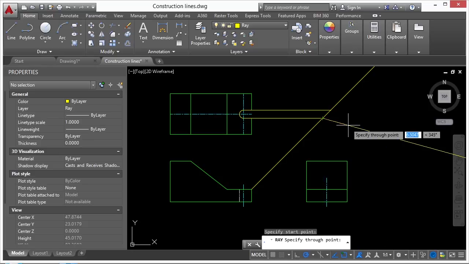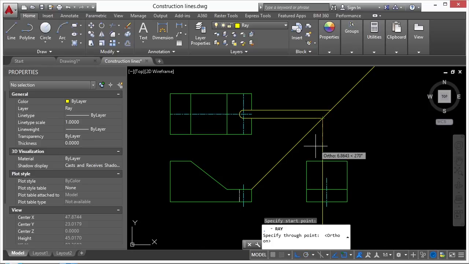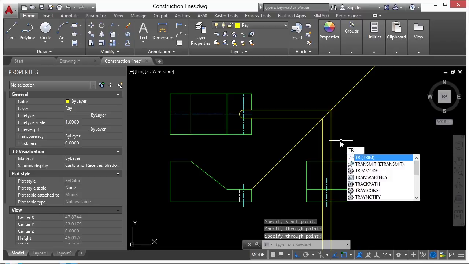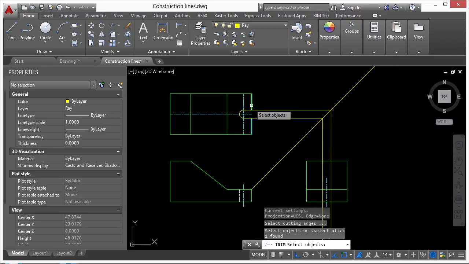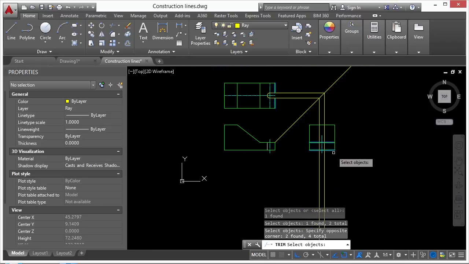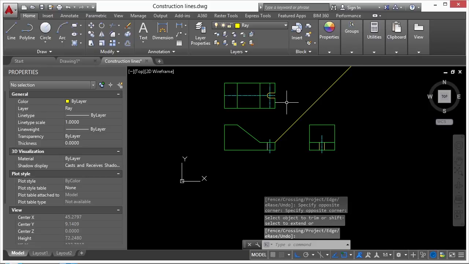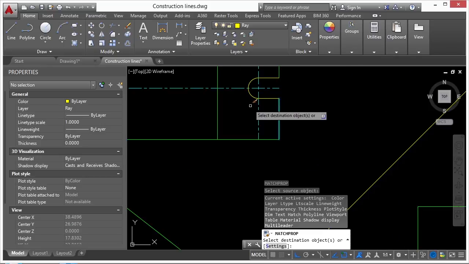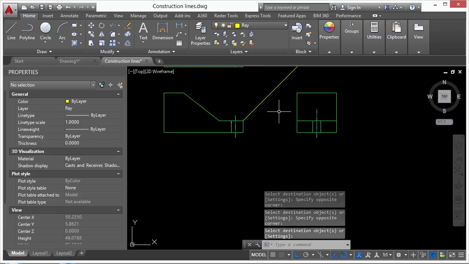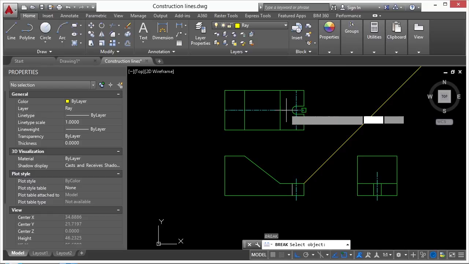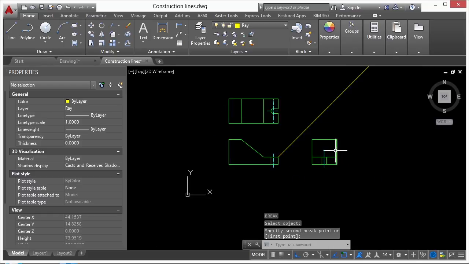And if I turn on F8, turn on my ortho command, it makes sure that I draw these rays or construction lines, whatever the case they are, in a straight line. Now I'm going to trim again. I'm going to do several trims at once. I'm going to trim these guys here, and I want to trim this here as well. You can see I'm trimming. Now I'm going to match properties. Make sure I get this. So I've essentially created the basics here of the rest of my top and side views using rays and construction